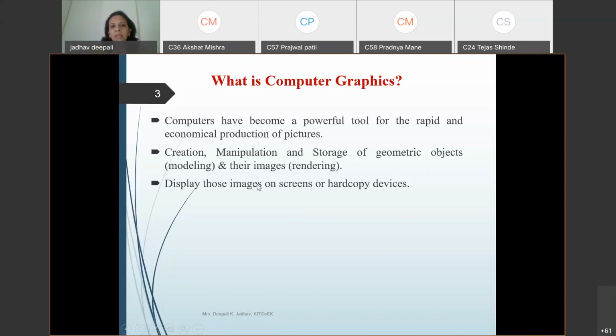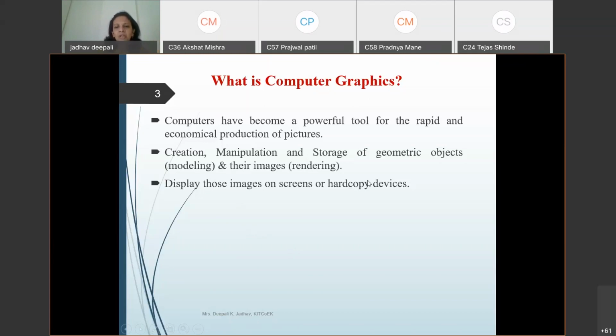What is modeling? What is rendering? That we are going to study in detail. Only remember that computer graphics is the creation, manipulation and storage of geometric objects and their images, and displaying images on the screen or hard copy devices.